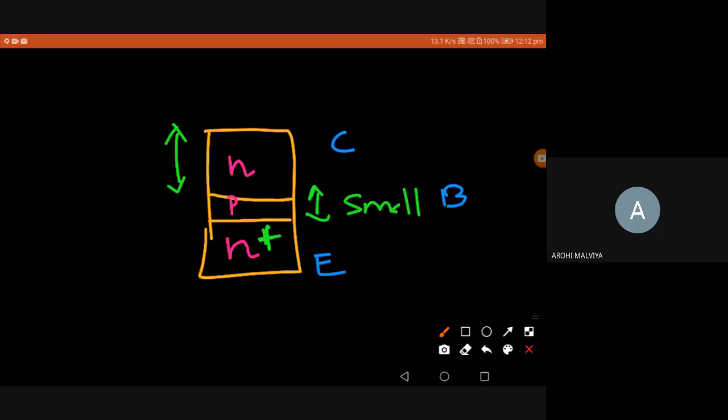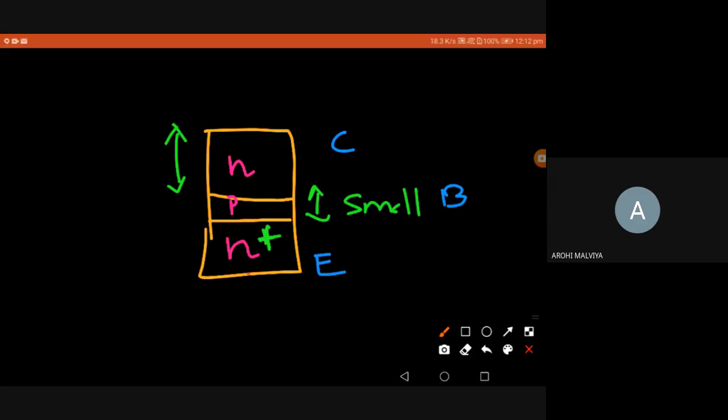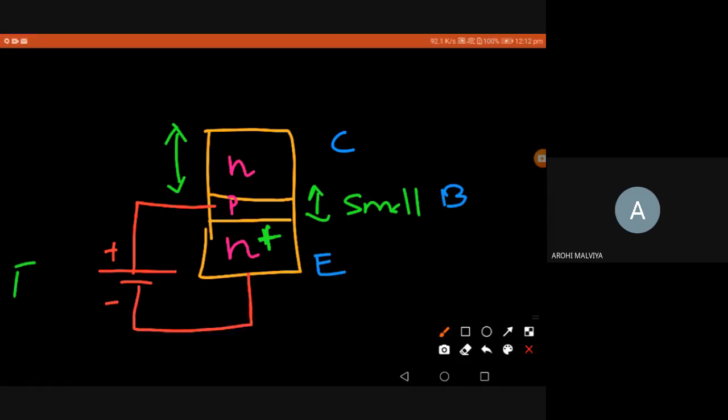So here we have a PN junction. How do we make it forward biased? Yes, the N side should be given negative, and P is positive. So this is a forward bias. Okay, and what are the other things? Our base collector junction should be reverse biased. Okay, very important, you have to remember these things. This is forward bias for the base emitter junction, and the other junction